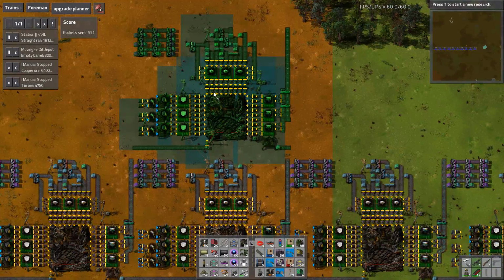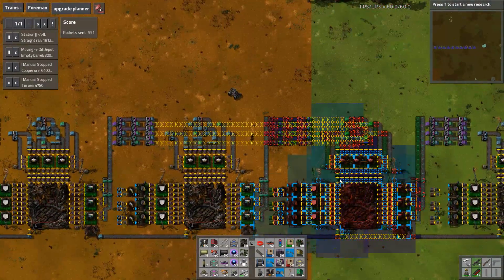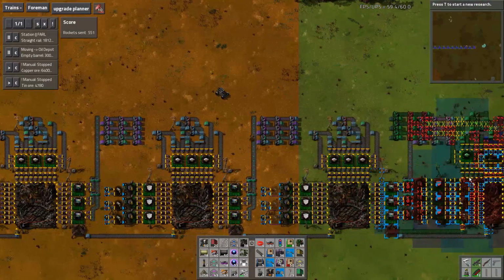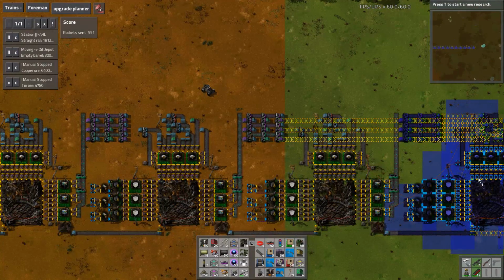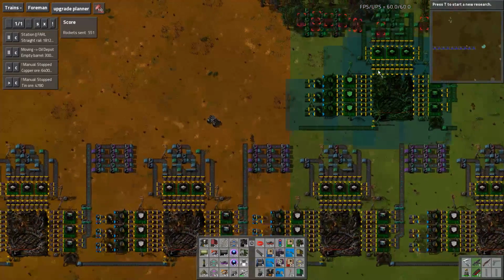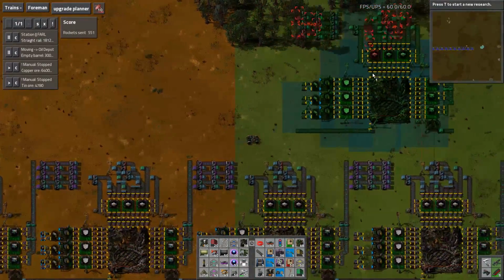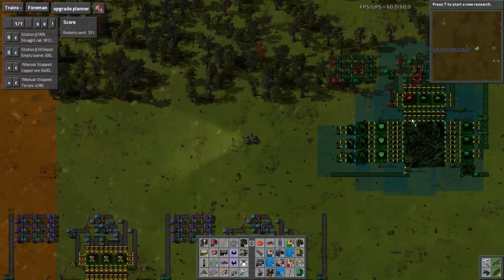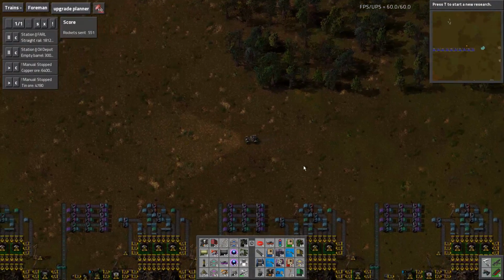So we'll just pop out of the car for a sec. Stamp down that one, and can we reach that one? Stamp down that one. Jump back in the car. That's actually it. Right, now